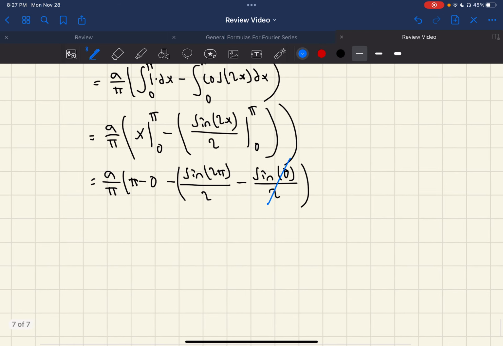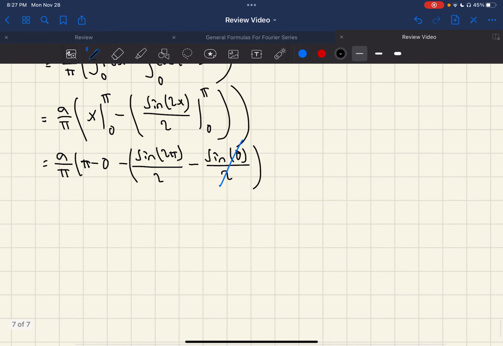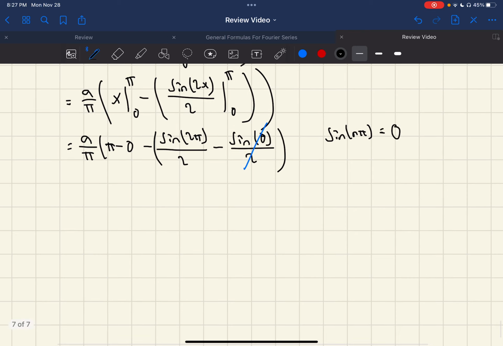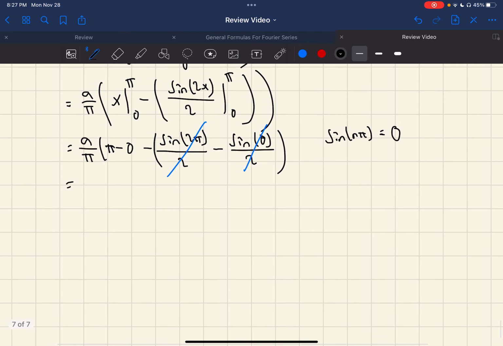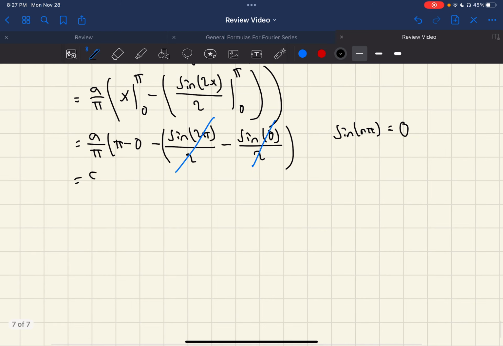And sine of 2 pi is also 0, because remember that sine of n pi, where n is an integer, always makes it 0. So this also cancels out. And then we're just left with a over pi times pi, which is just,